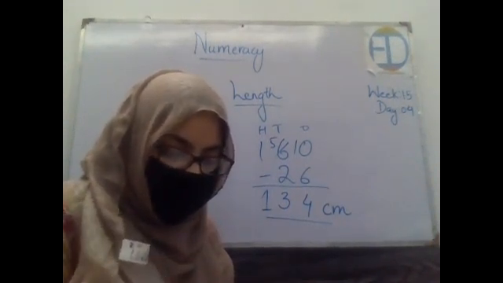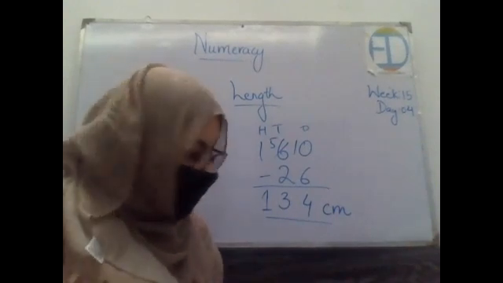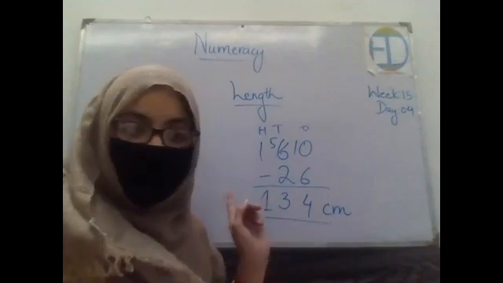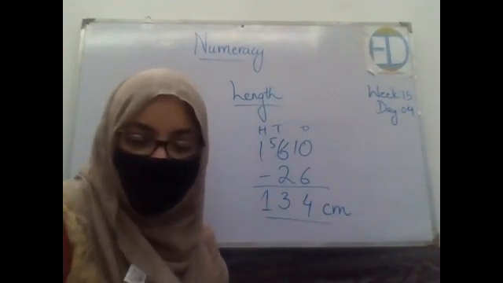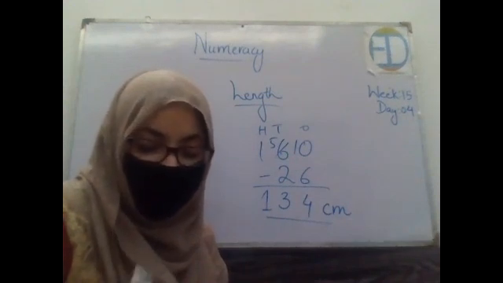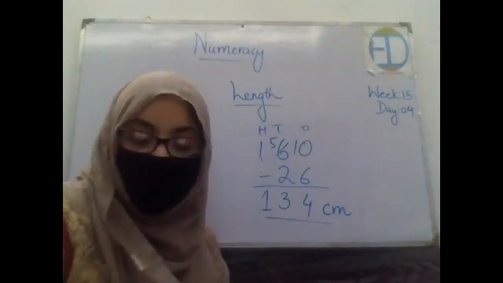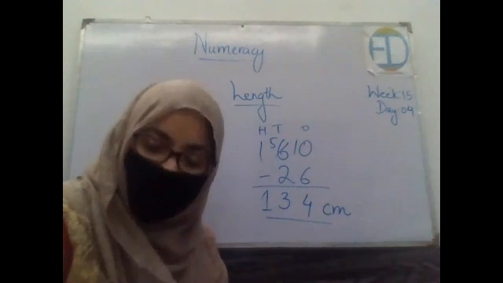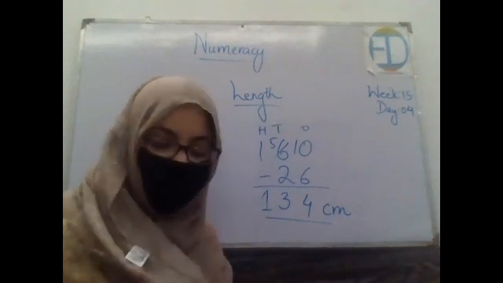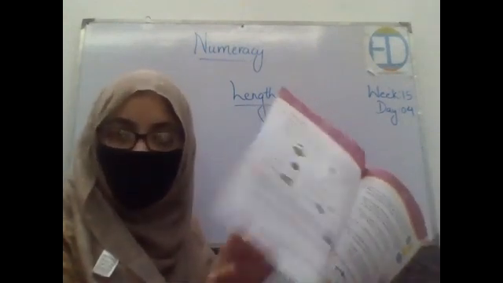What is the difference between father's and mother's height? Mother is 160 and father is, what was the length of the father we have measured? Right. So what is the difference between the two? Subtract the mother's height from the father's height. What's the answer? 10 centimeters. Very well done. So all of you are done. Turn the page. The next topic is starting from the next page.